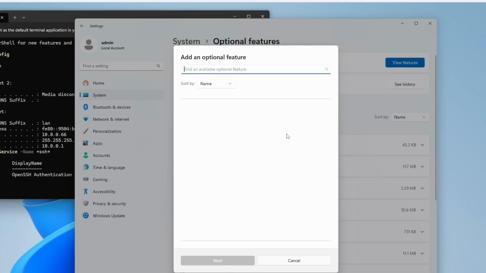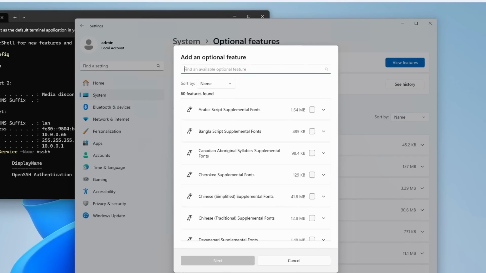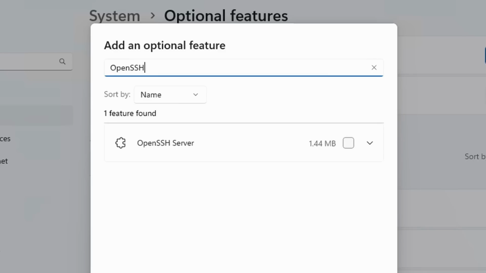Granted, the Linux gods are going to look down on me with disgust and horror. It is possible, and it's a fairly easy process. Now for this, you don't need a dedicated NAS necessarily. A lot of the steps in this video you can do if you're just running your single Windows desktop computer and you want to get some NAS functionality out of it.